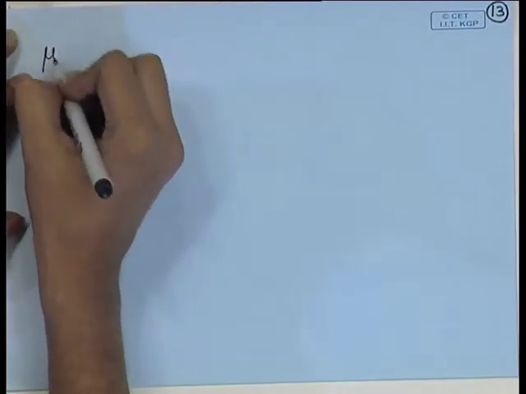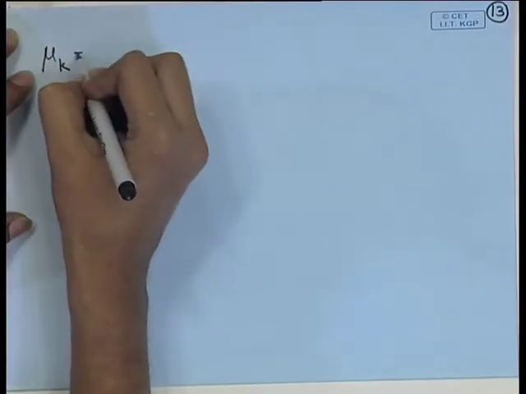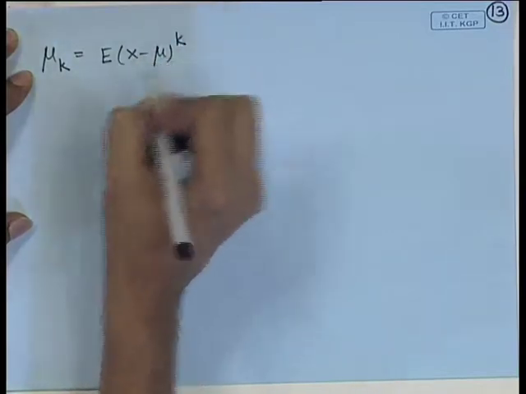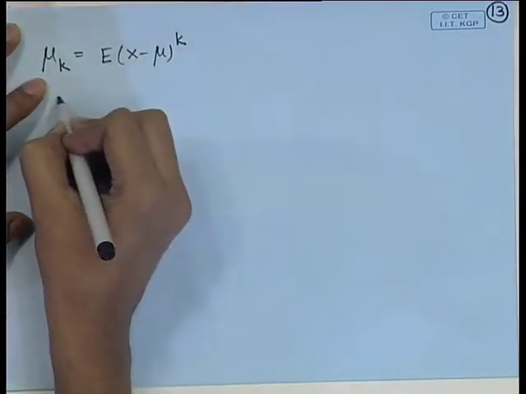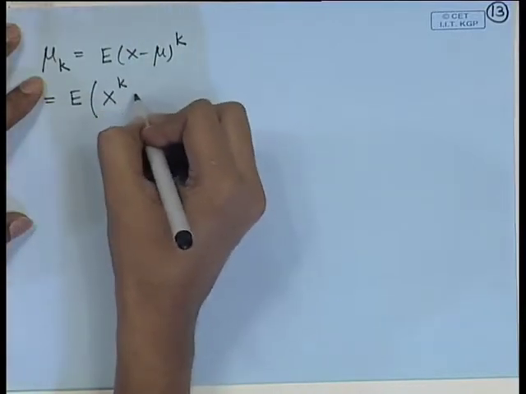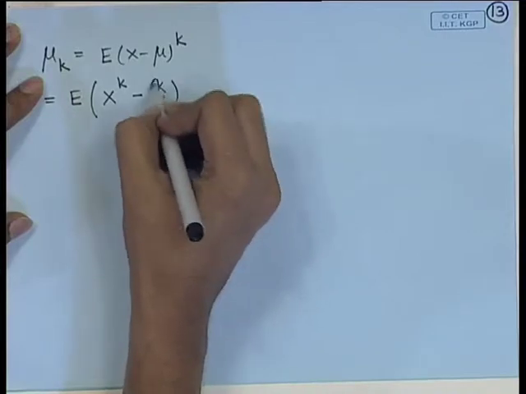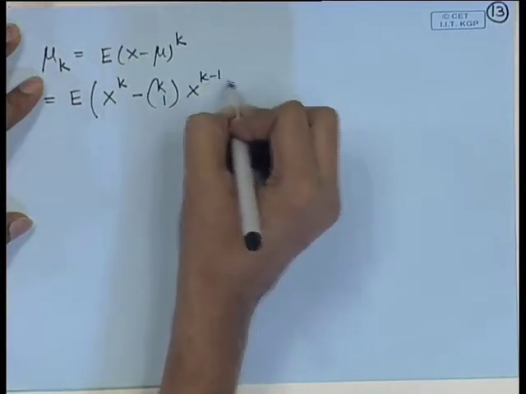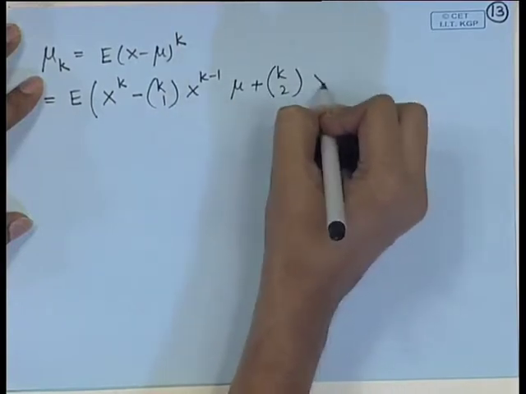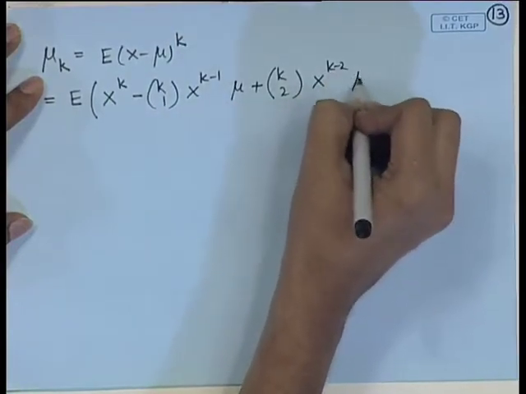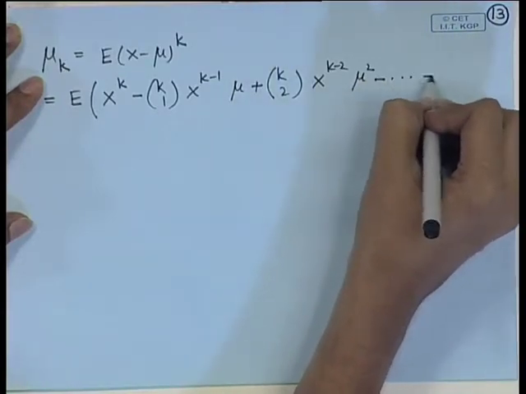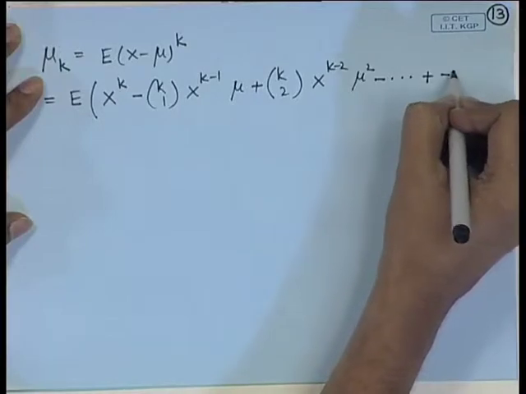So, if we consider mu k is equal to expectation of (x minus mu) to the power k, then using the binomial expansion, this becomes x to the power k minus k c 1 x to the power k minus 1 mu plus k c 2 x to the power k minus 2 mu square minus and so on, plus minus 1 to the power